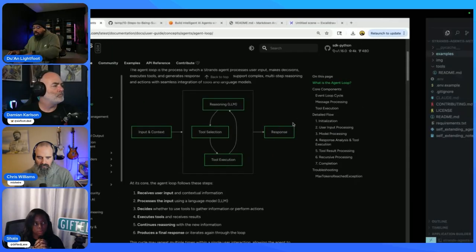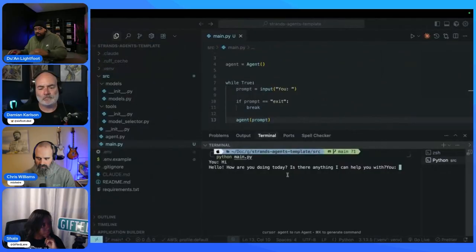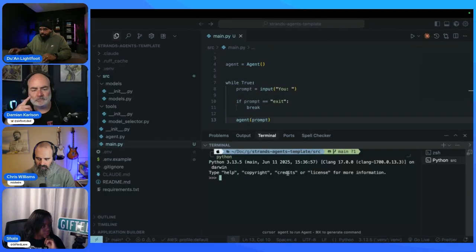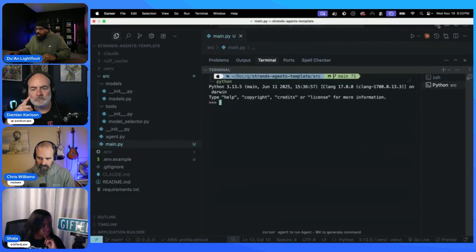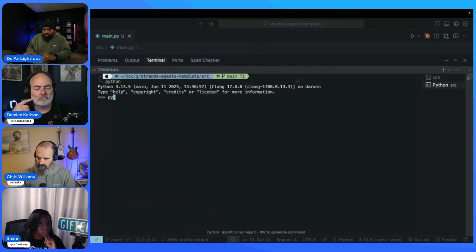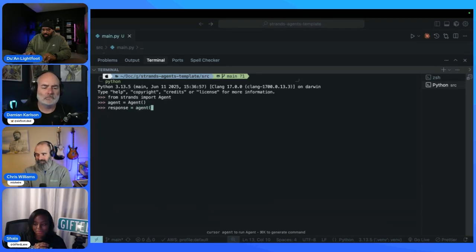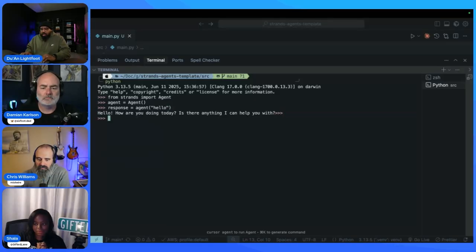And so this makes it a really powerful framework, because if we come back in here and I'm going to exit and we'll enter Python, and I'll make this larger, because now what we can actually do is, if I just do from strands import Agent, and we take an agent, and I say, let's go response equals agent, and I just say hello. Now we can come in here and we can actually see things like the metrics, right?